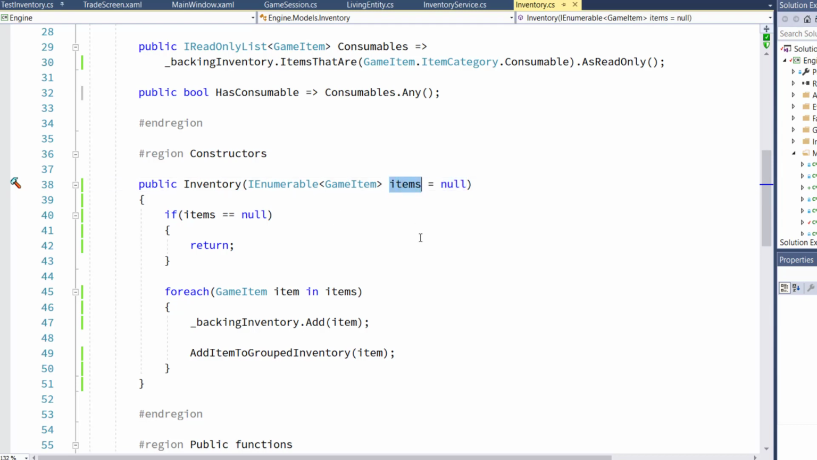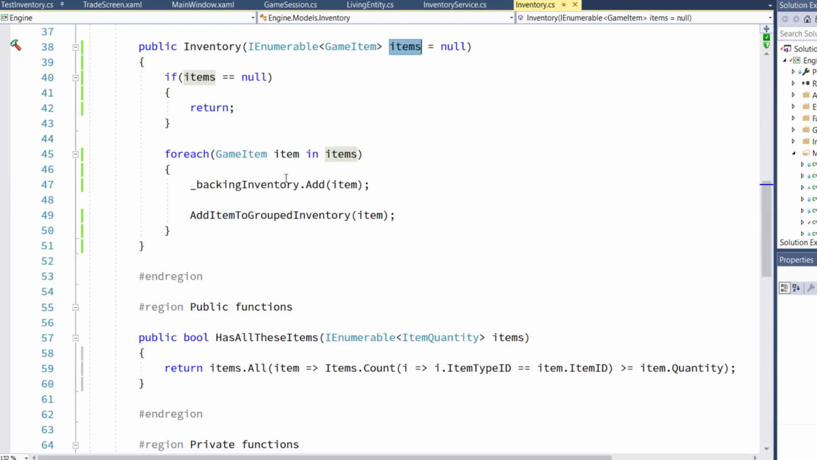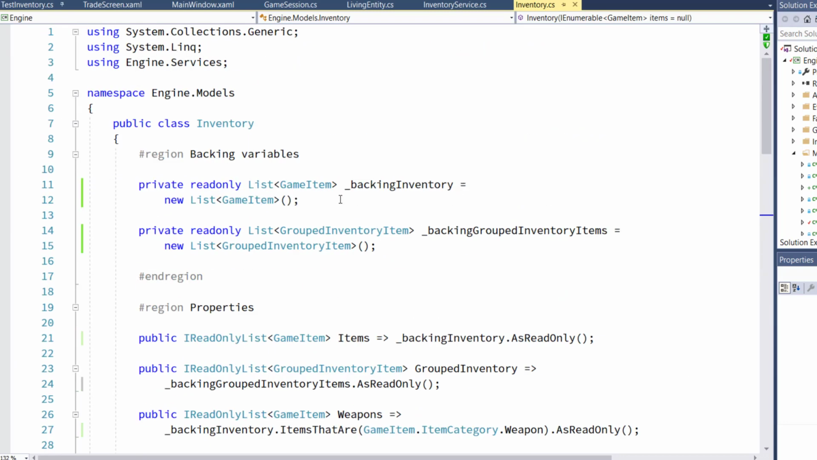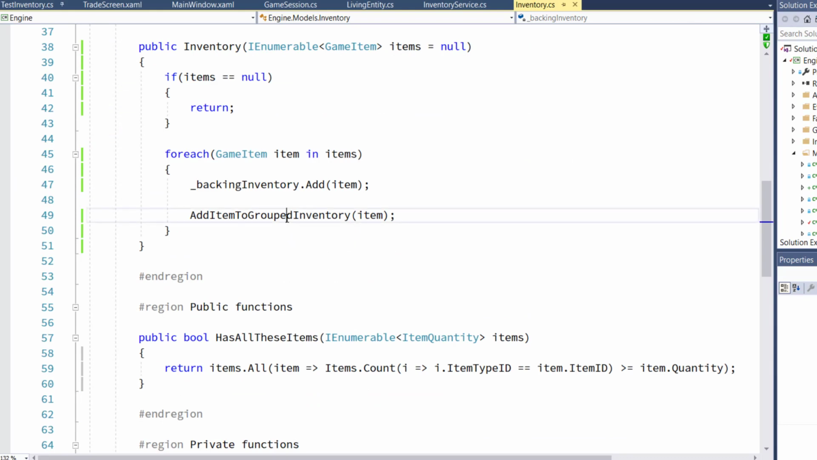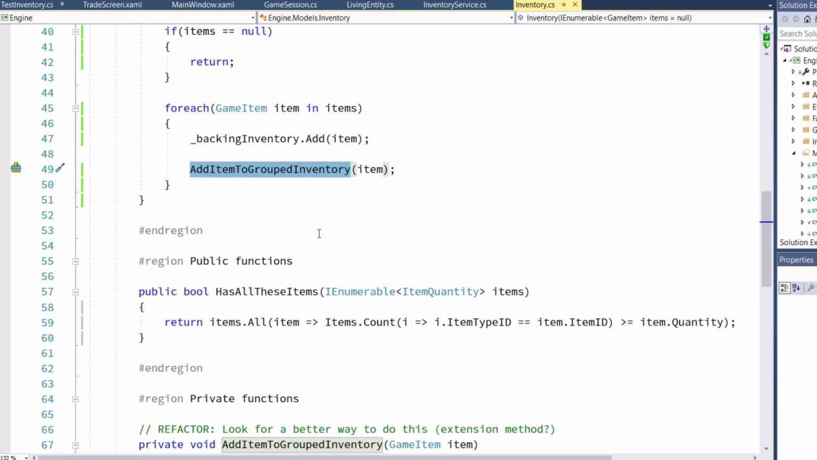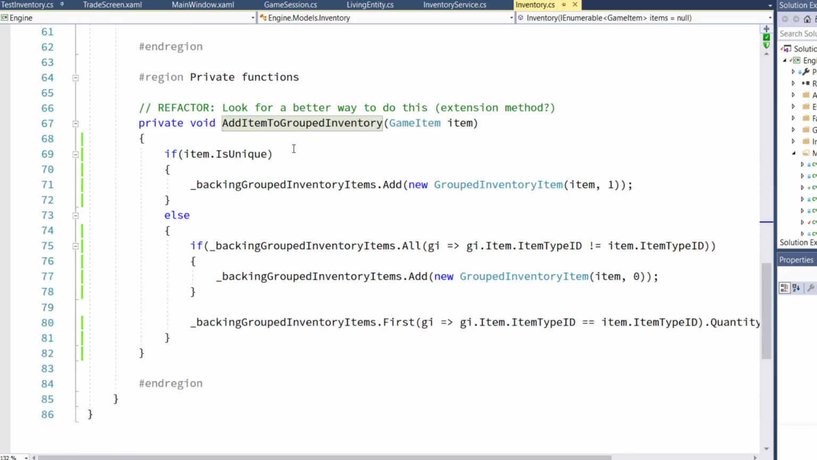But if the items parameter was not null, we're going to loop through it, and we're going to add the item to the backing inventory private variable, this one up here, our list of game items, and we're going to call the add item to grouped inventory function, which is a function down here on line 67, and this is where we just do the